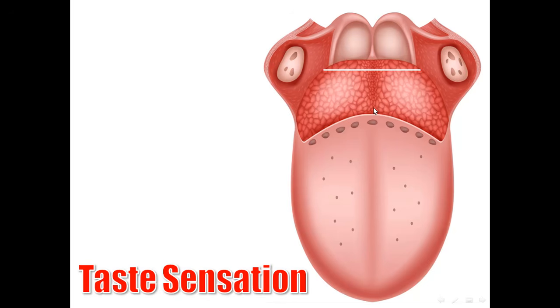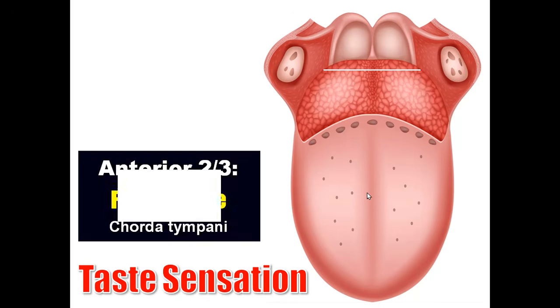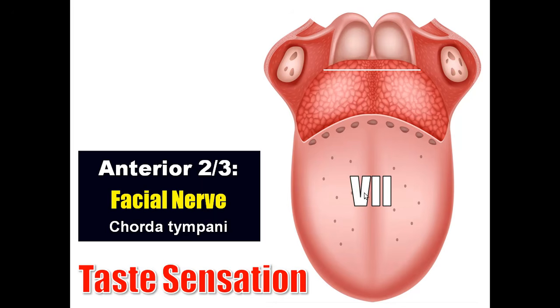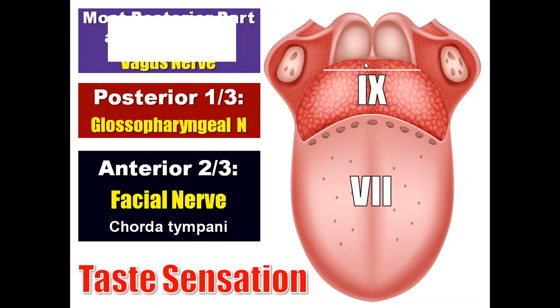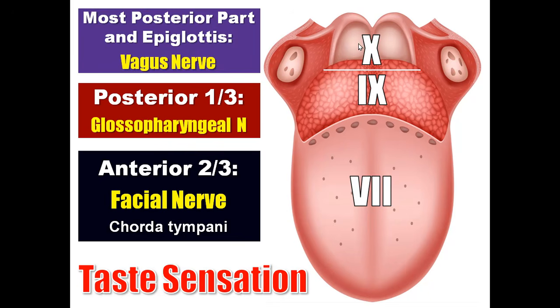So regarding taste sensation from the tongue, the anterior 2/3 is supplied by the facial nerve, which branch? The chorda tympani branch. The posterior 1/3 is supplied by the glossopharyngeal nerve, the lingual branch of the glossopharyngeal nerve. The most posterior part of the tongue and the epiglottis are supplied by the internal laryngeal nerve,